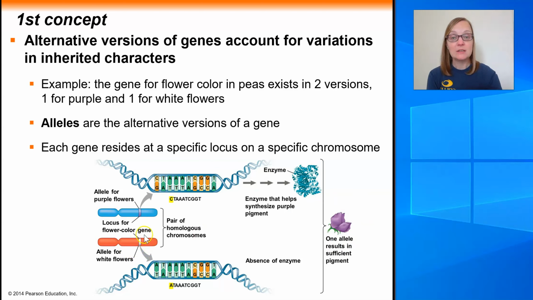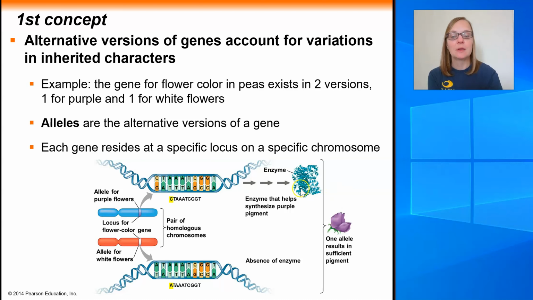The white version of the gene, if we look at its sequence, it's a little bit different. At this first position that's shown here, instead of having a GC pair, there's an AT pair. And what this does is it prevents the production of a protein. So in this case, no enzyme is made from this particular gene. And if no enzyme is made, no enzyme can be used to make more purple protein, or more purple pigment